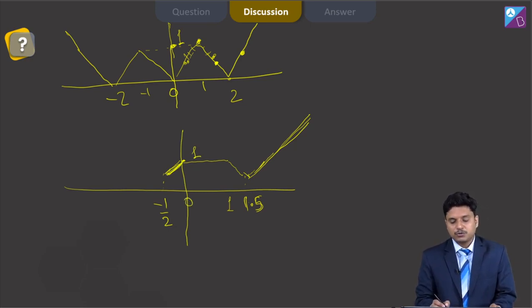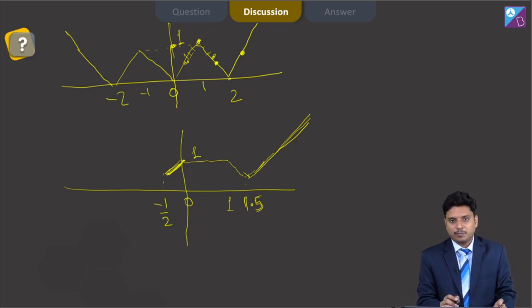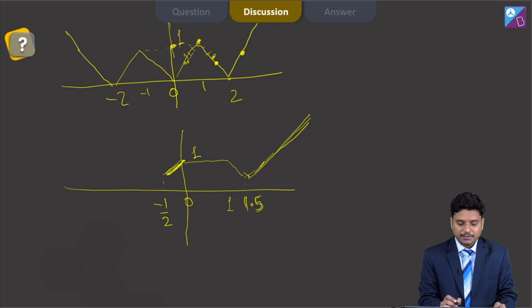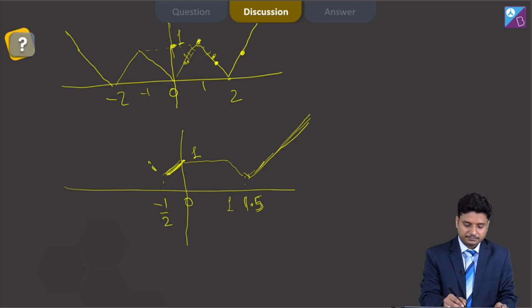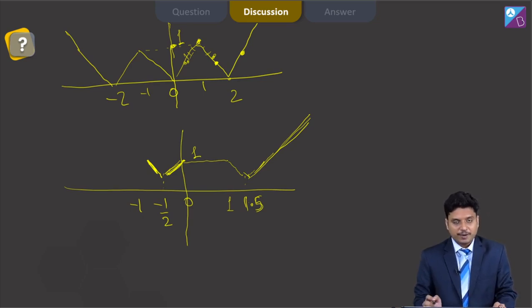And now suppose you have to find g of minus 0.6. t will vary from minus 0.6 to 0.4 and the maximum value will be obtained at minus 0.6, because 0.4 will be here, and f of minus 0.6 will give you higher values. So again this will keep on increasing like this from minus half to minus 1, and then suppose you have to find g of minus 1.1.